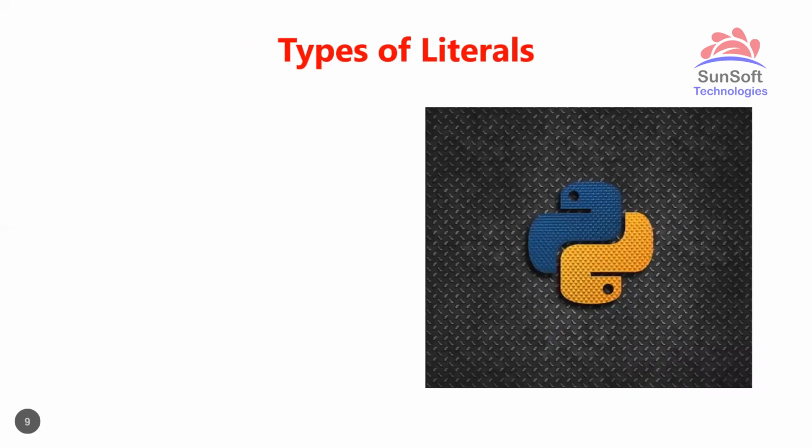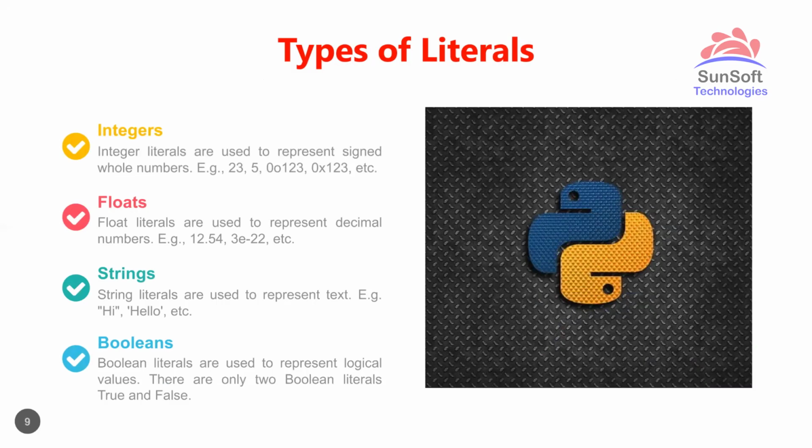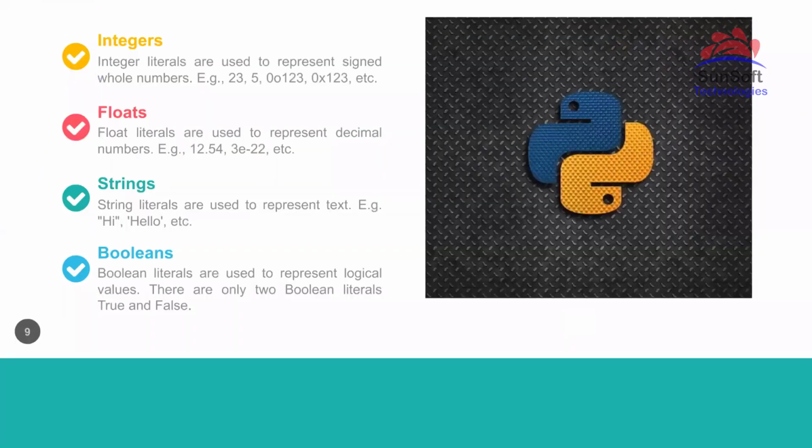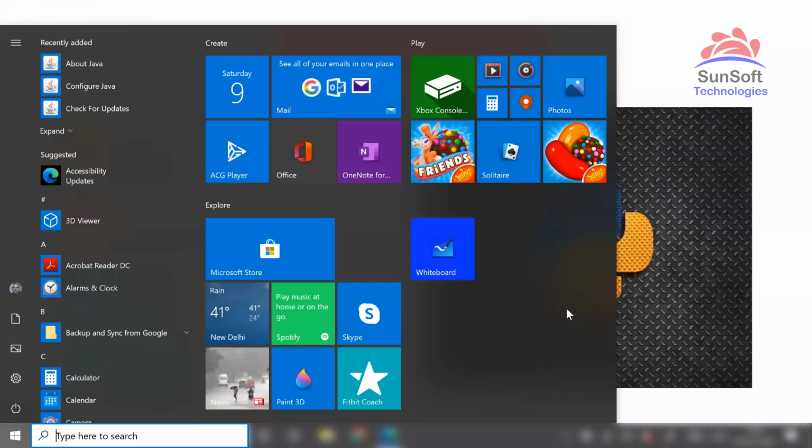So now let's discuss some types of literals. We'll see integer literals, float literals, string literals, and booleans. Firstly, let's discuss integer literals. Integer literals are used to represent whole numbers. Whole numbers can also be represented by other number systems, such as the binary number system, using 0b as a prefix. Let's see some